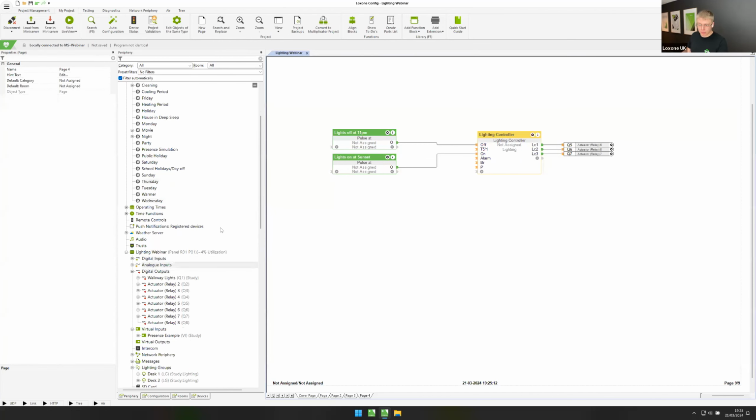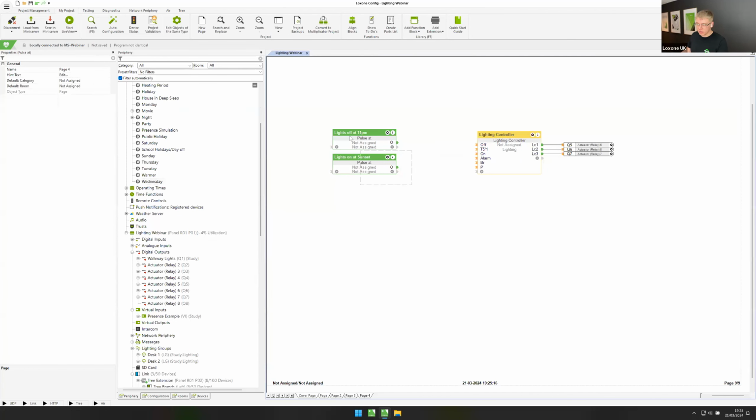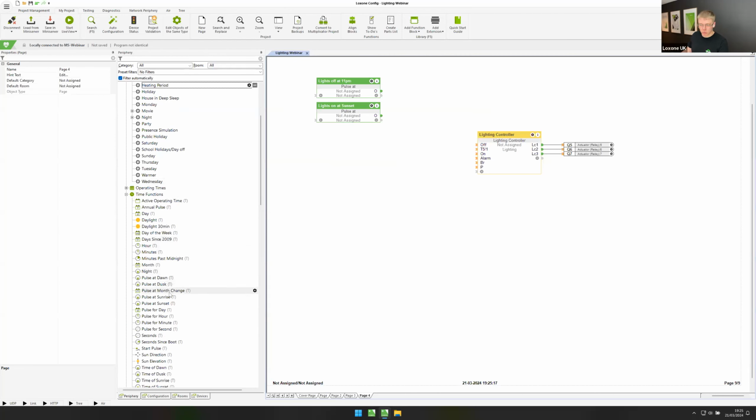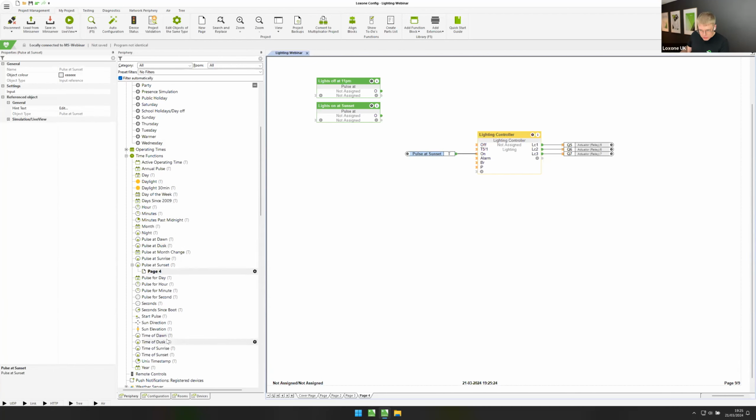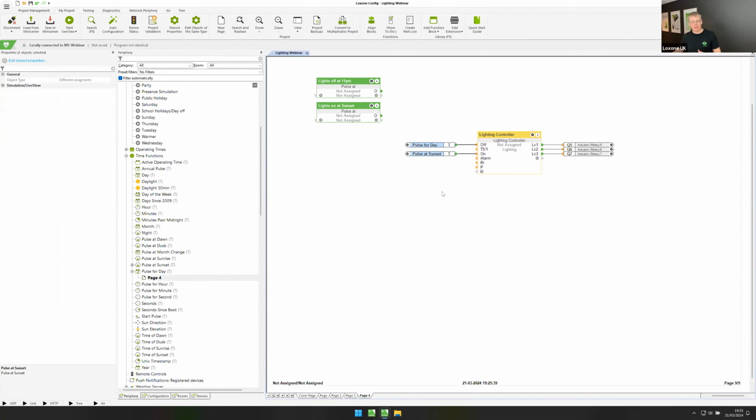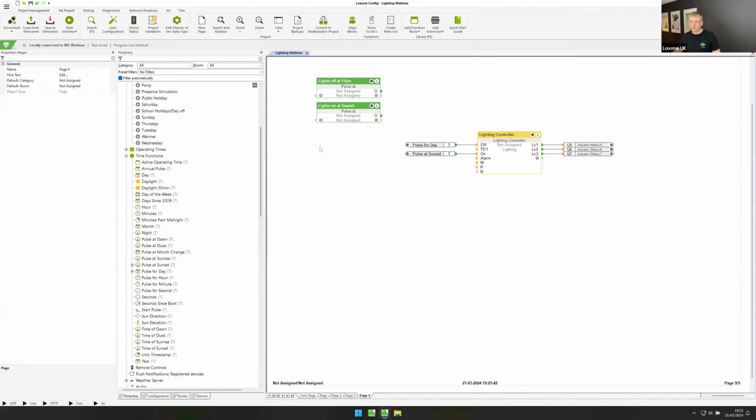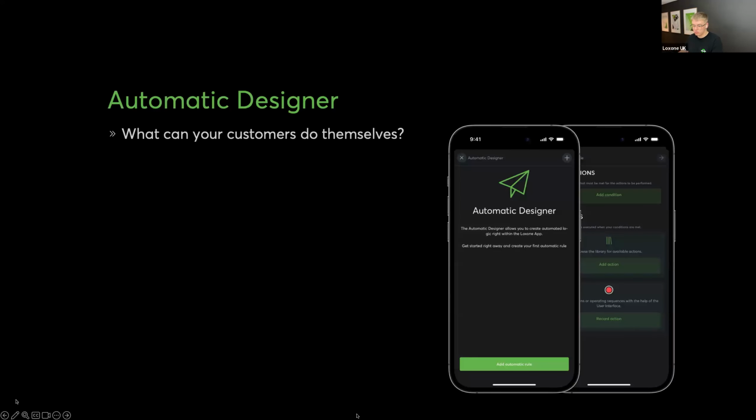But also, of course, you've got to remember people don't necessarily use the pulse out function block all the time, but rather use the time functions. So we could say pulse at sunset to turn the lights on, and then we could say pulse for day, so that at midnight we turn the lights off. And then the customer will never be able to adjust this unless you go into Loxone Config. However, alternatively, if you give your customer access to automatic designer, which I'd recommend they should,